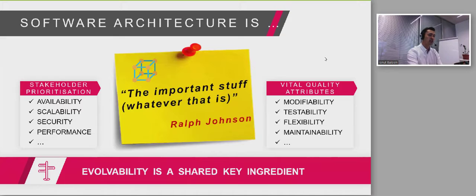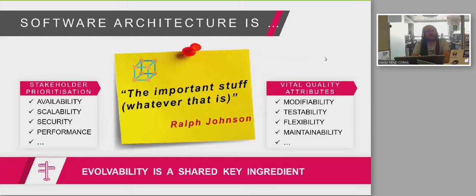And that's why initially I started with this definition. The architecture is the important stuff, because we need to listen to the stakeholders. We need to combine the stakeholder elicitation process across the quality attributes with the second category, plus we have the evolvability, which ensures both of these categories are achievable in time. So this is my understanding of architecture in regards to how we should shape the product from an architecture perspective. Okay, so I can definitely buy this definition,